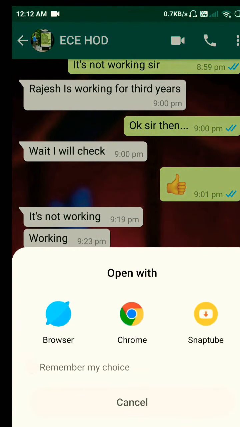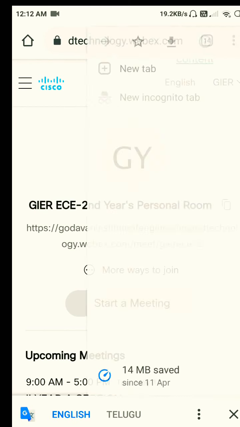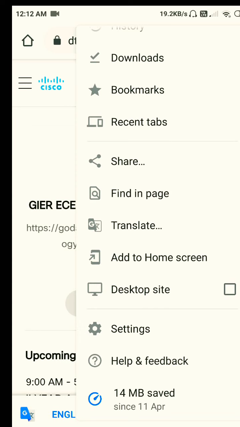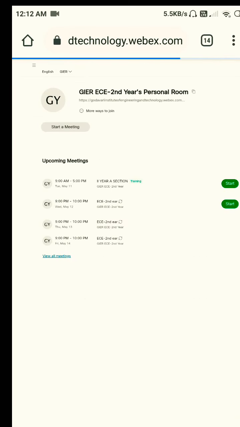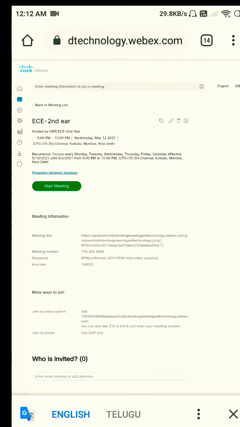First of all, you need to go to the link given by the college in Google Chrome and keep it in desktop site mode. That is very important. After that, you need to schedule a meeting.